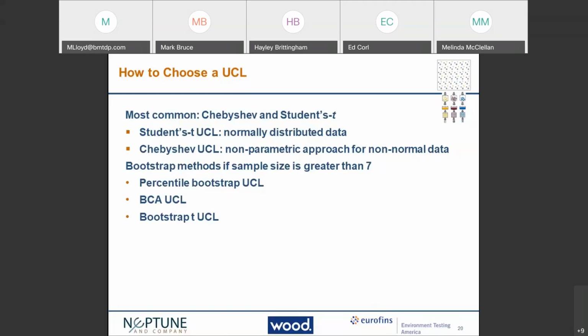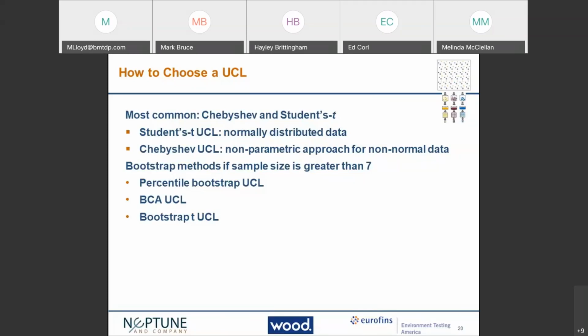But remember that ISM data is expected to follow a normal distribution, as I mentioned earlier. So if there's a large difference in the magnitude of your ISM samples, which indicates that your data may not be normal, then that could be an indication that your study design didn't meet the level of precision that was identified in the project objectives. And I'll talk more about that throughout the presentation.